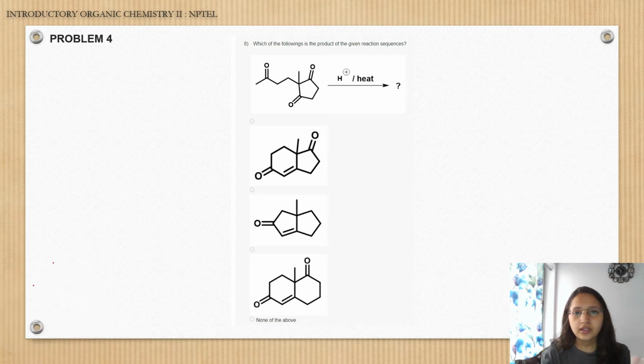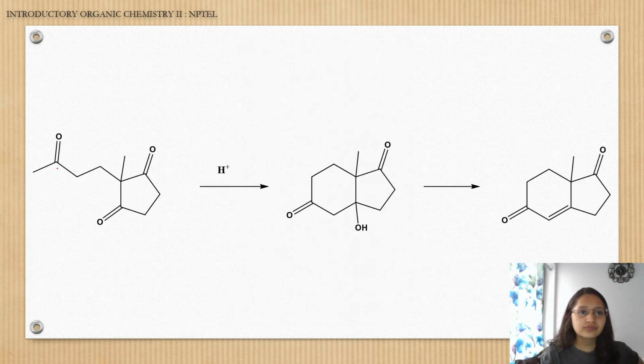So they are asking which is the product of the given sequence. So you have to figure out the outcome. Now you have this kind of 1,3-diketone in the system. This is the same kind of question which I showed in the previous slide, question 1, Robinson annulation. Have you recalled that? This is the same kind of system. So if there is an acid present in the system, what will it do? Acid will bind with this oxygen,